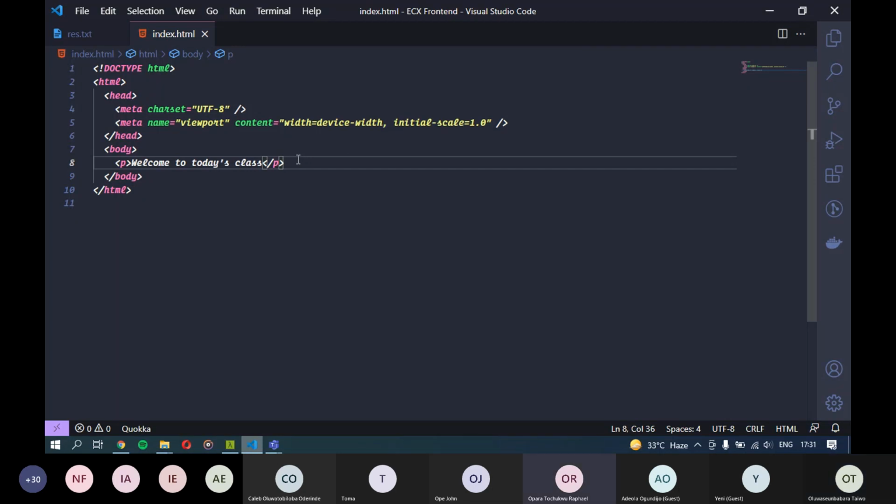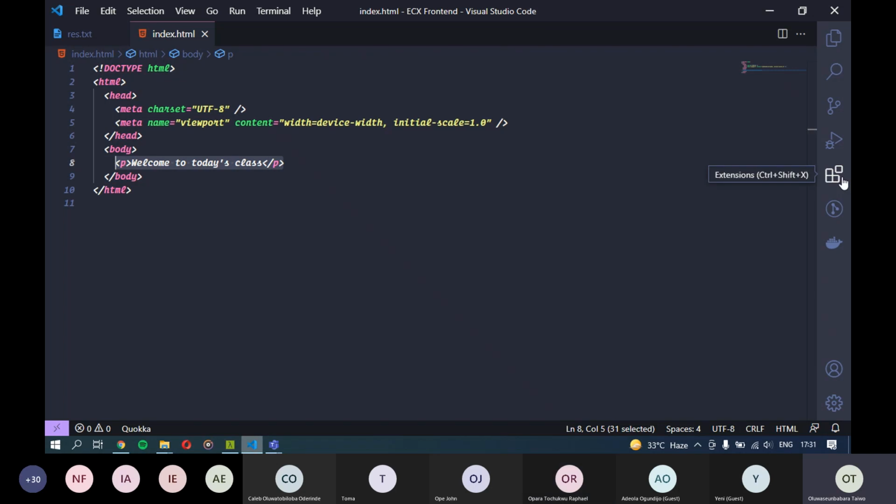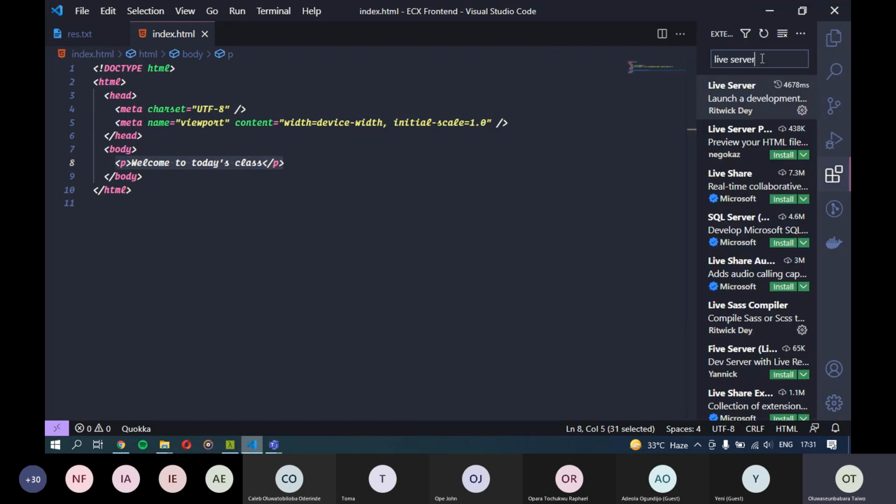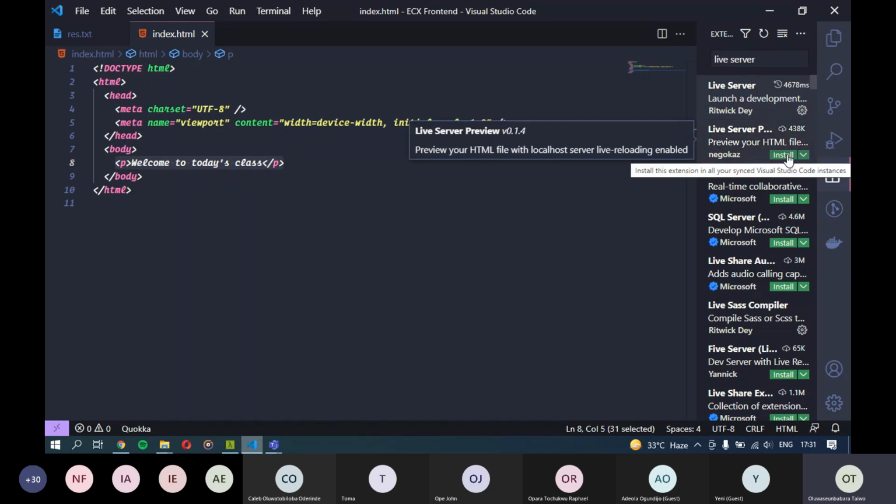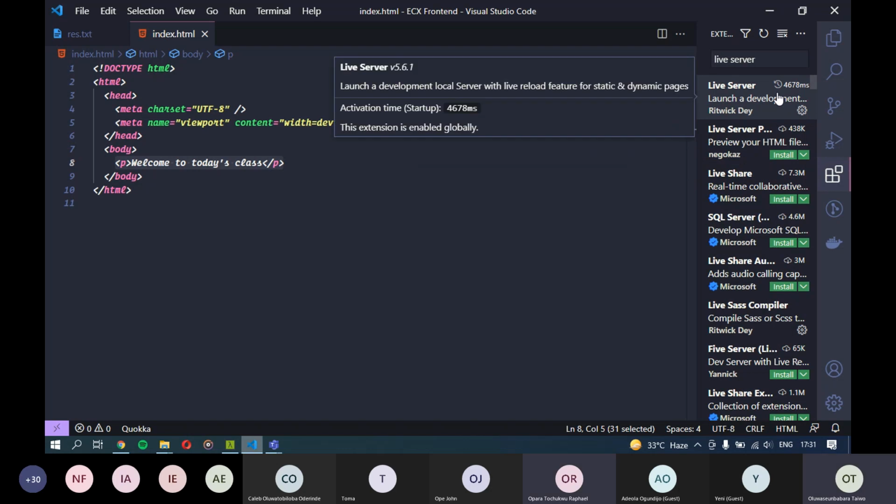You said Live Server. Is it something I should download? Yes, it's an extension. On Visual Studio Code, on your sidebar, my sidebar is on the right side, but for most of you it will be on the left. This extensions tab, you click on it and it opens the extensions tab. Then you search for whatever extension you want to install. When you see it, click on install and it installs it. That's basically it. Okay, thank you.